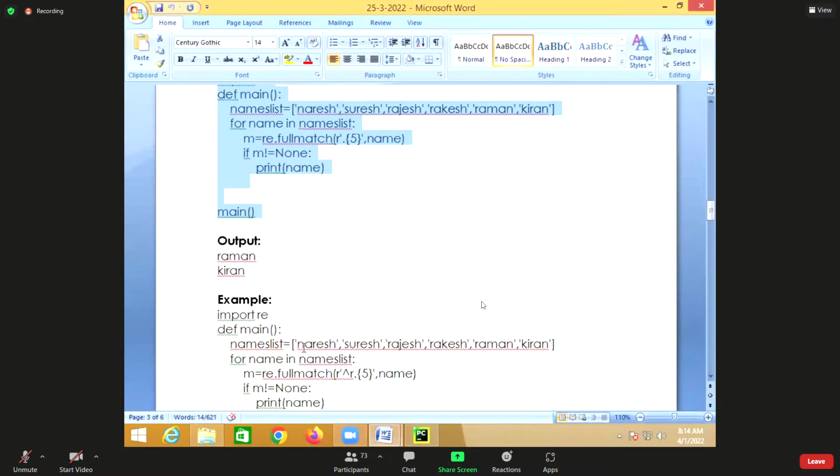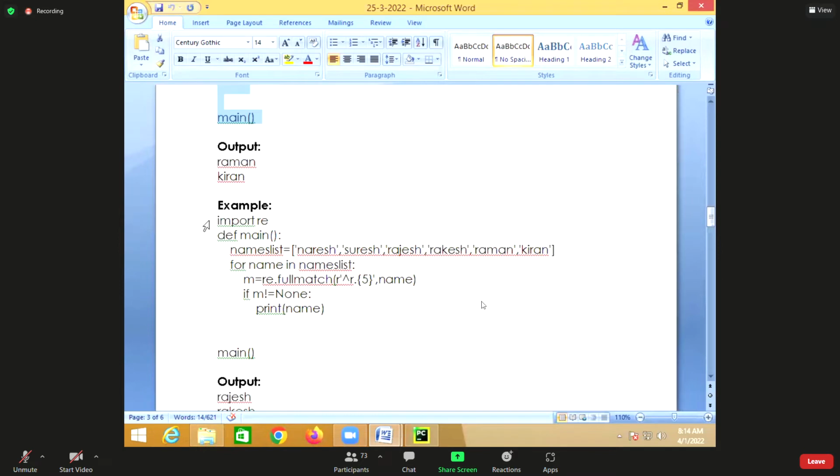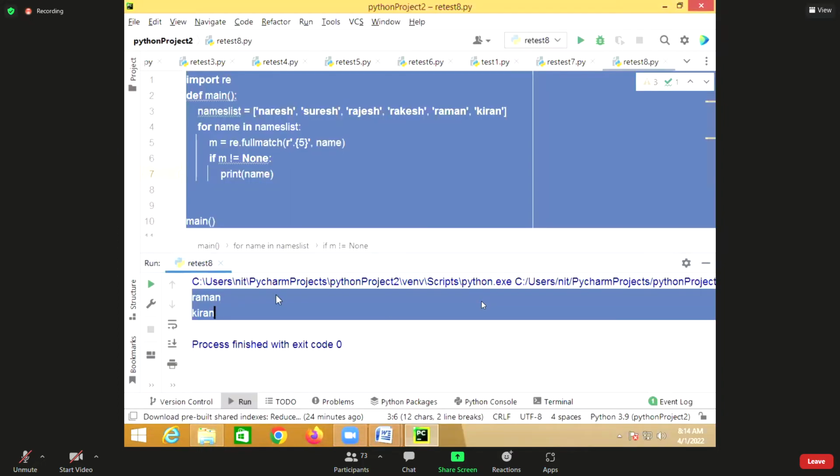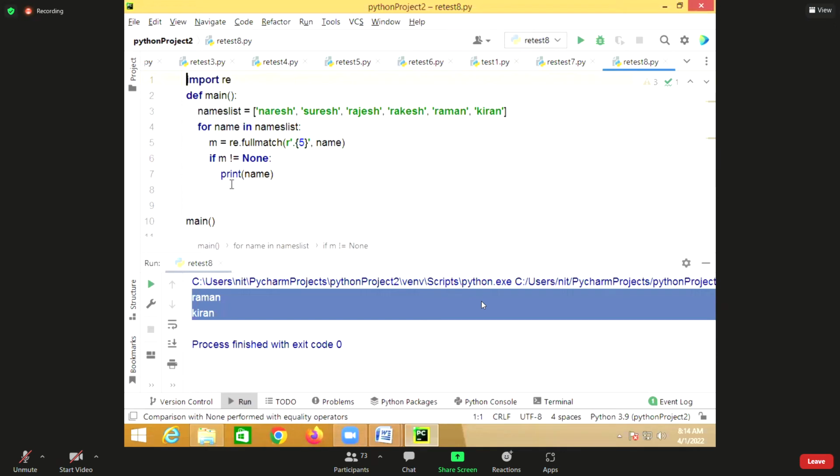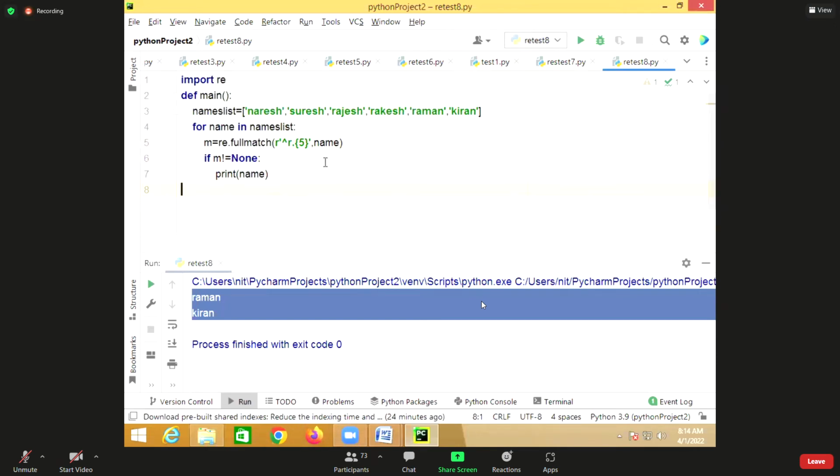Okay, see here, this is one more example. What I'm doing here is the name starts with R, followed by how many characters? 5 characters. R followed by exactly 5 characters.